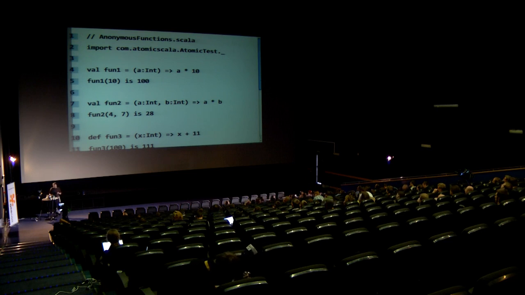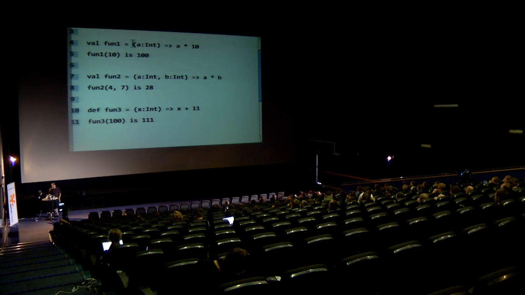Okay, so here's anonymous functions. Probably needs to be moved back before what I just showed you. So this part is the anonymous function. Notice in this case, I put the parens around the A. So there's my argument list. Here's the rocket, which is pointing to the function body, which could be, in this case, I don't have any curly braces around it, but I could also have curly braces, and I could have a compound body if I wanted to. Very often you keep it very simple, and you just have maybe a single expression as we do here. And the result of this is a function definition, which I can turn around and assign to fun1 as,